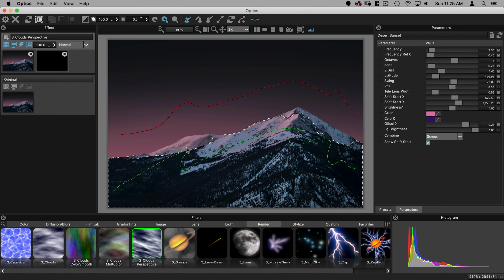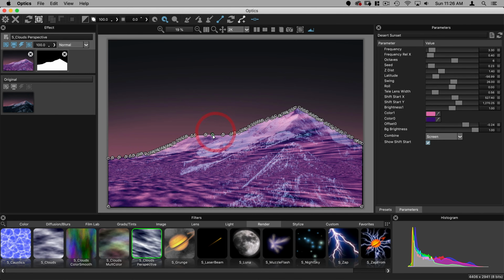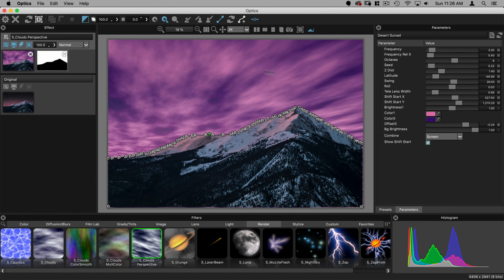And now you can see it's created the selection, and I want it to correct into there, and I want it to correct into there. And you can see that's now done a pretty good job of selecting that. And then I can click on, I believe, this button here. And now it's turned this into a path. And what I can do is now, if I want to, I could go in and adjust those individual points. And in this case, I would want to invert my selection. So there you have it. That's how you create a